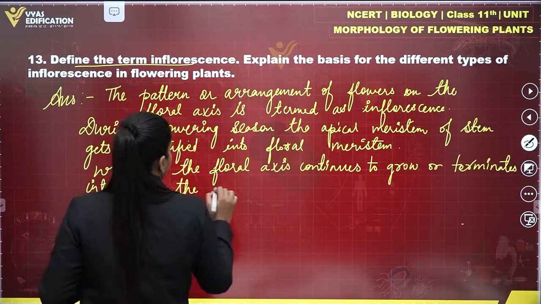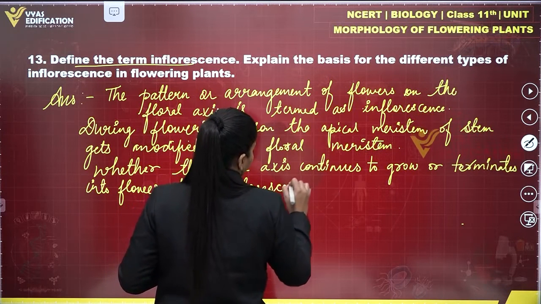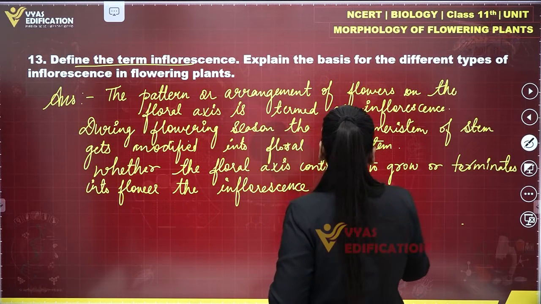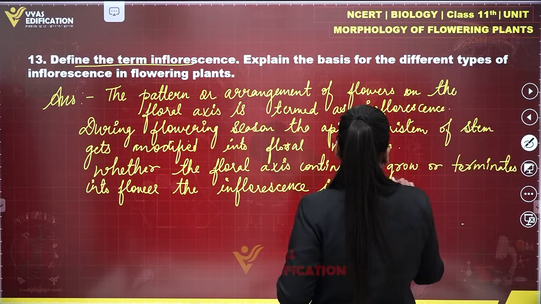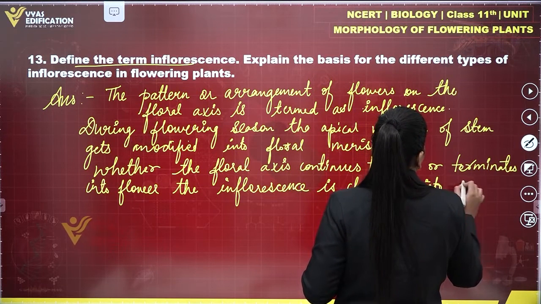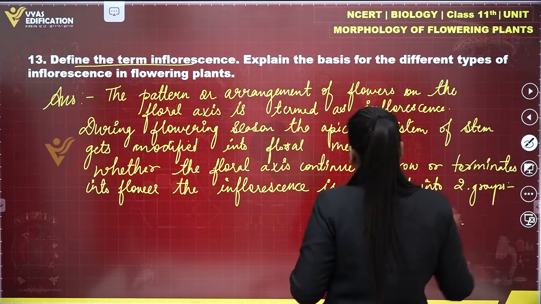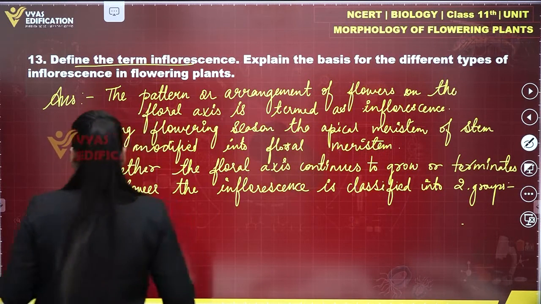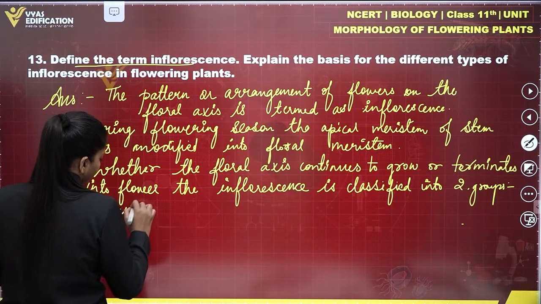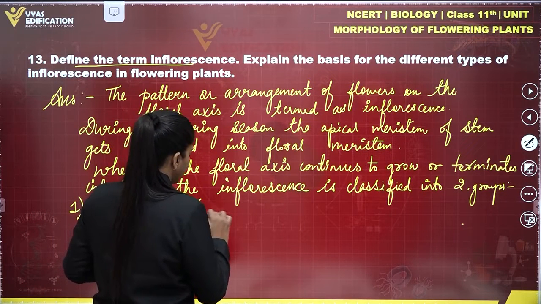The inflorescence is classified into two groups. The first one we have is racemose inflorescence. In this, the floral axis